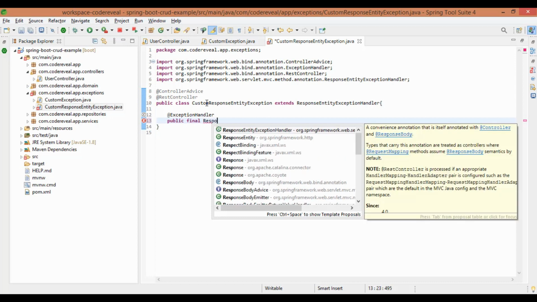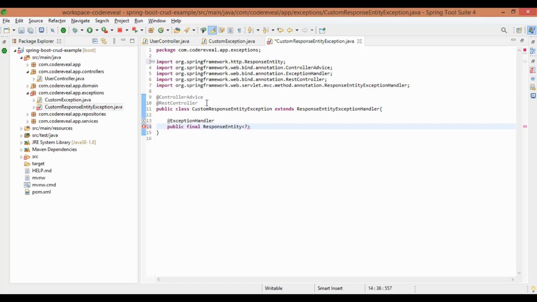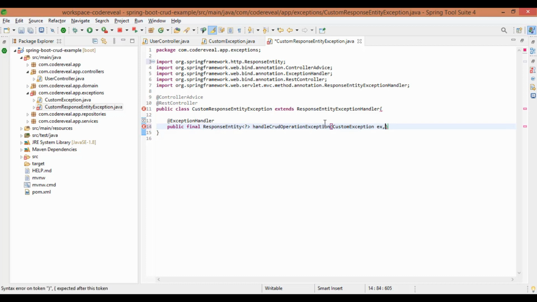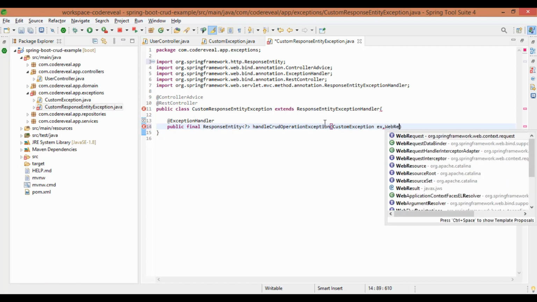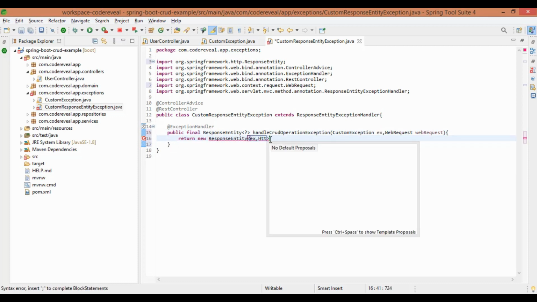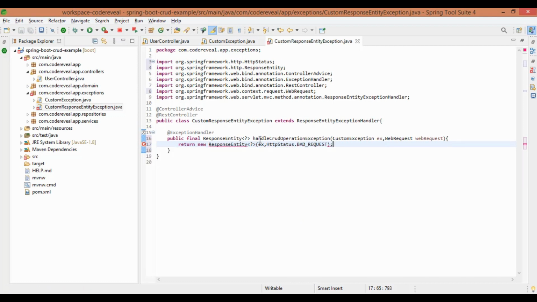So we can say that this is the global exception handler. We have annotated this exception handler. So whenever we throw the custom exception, this will execute and it will return the response entity with this message. To make it simple, I'm just giving the HTTP status bad gateway for now, but we can change it as per requirement.